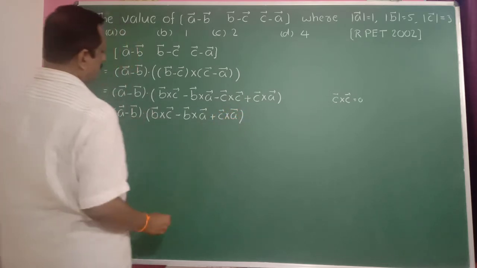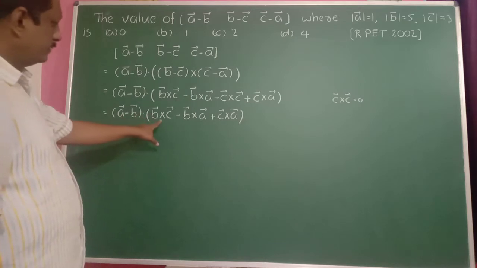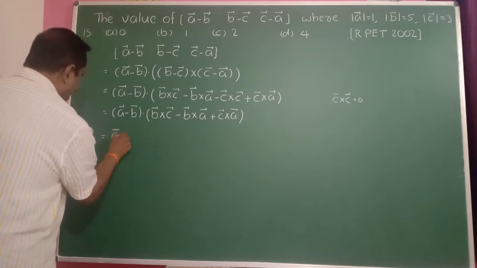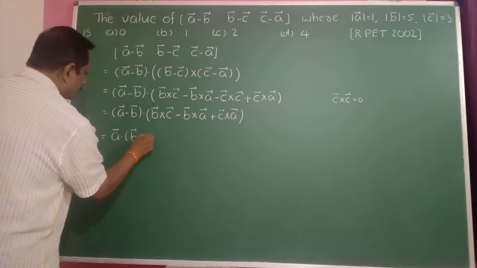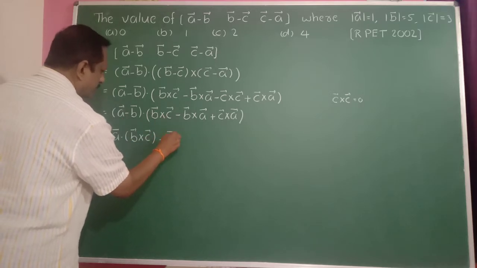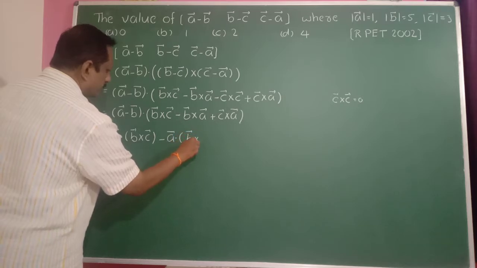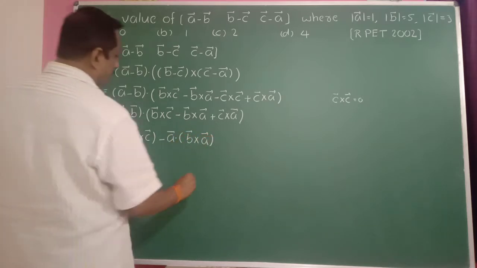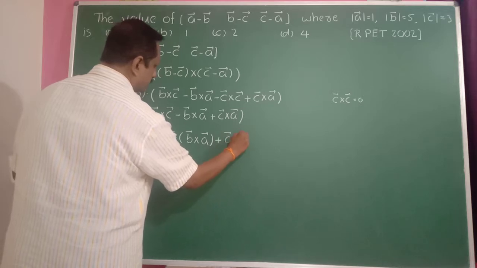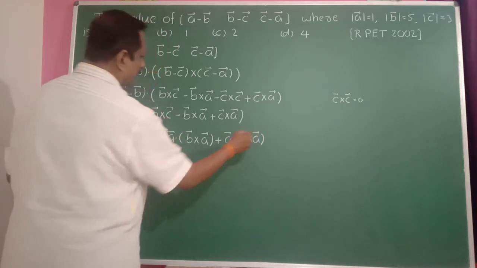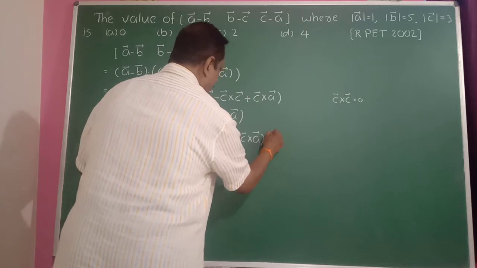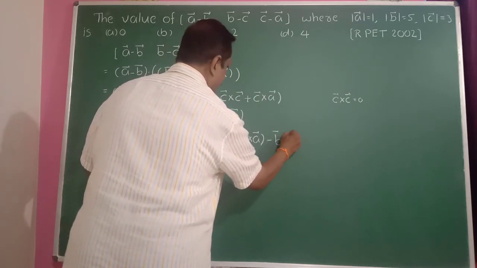Now take the dot product, a bar multiplied into these three terms: a bar dot (b bar cross c bar), then minus a bar dot (b bar cross a bar), then plus a bar dot (c bar cross a bar), then minus b bar dot (b bar cross c bar),